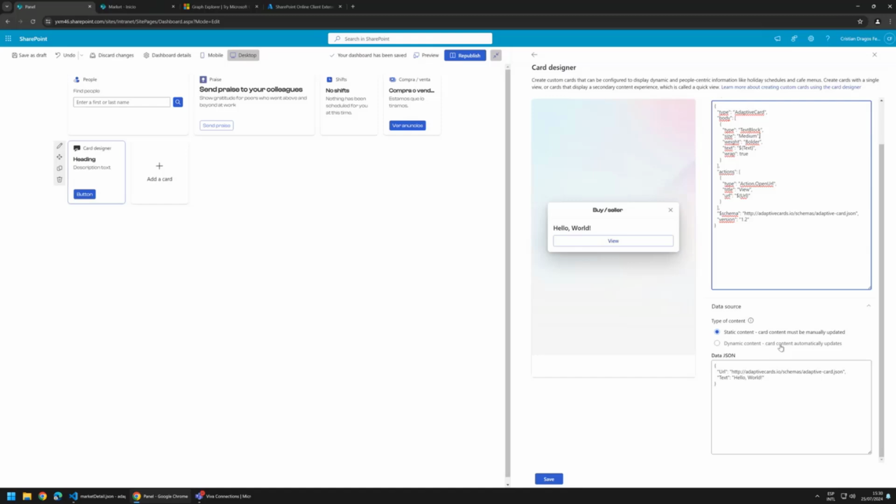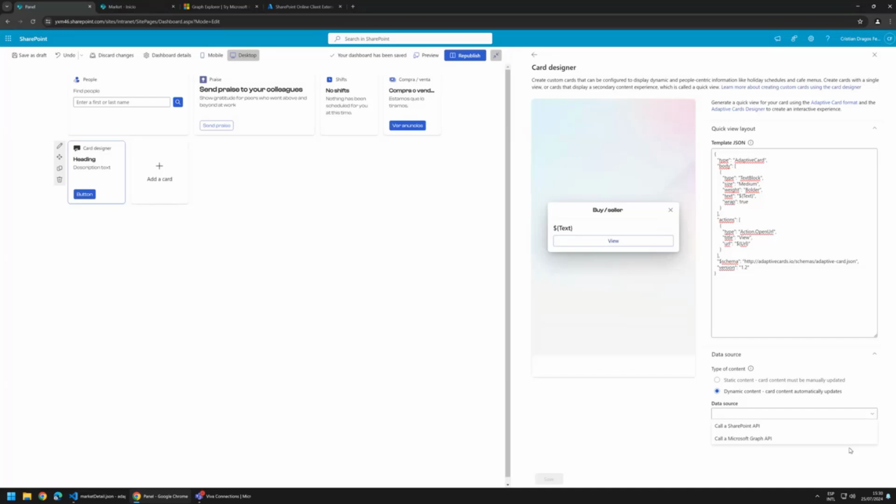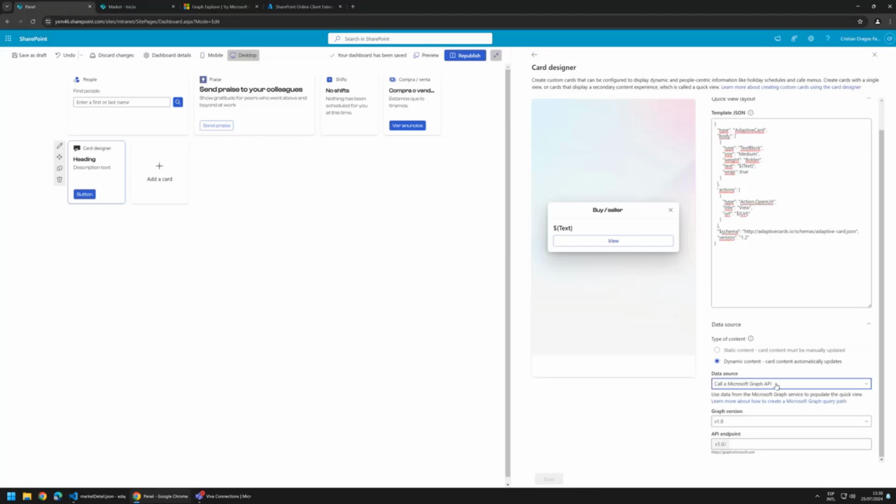You have to run a PowerShell command. It's really easy to do that. Even Vesa has a video on the main Microsoft YouTube channel where you can see how to run that PowerShell command. And when you do that, you will have this option enabled too. So as we saw in the presentation, I will use the dynamic content sources. In this dynamic content sources, we have two options. The main one is SharePoint API, and the second one is Microsoft Graph API. I will use Microsoft Graph API